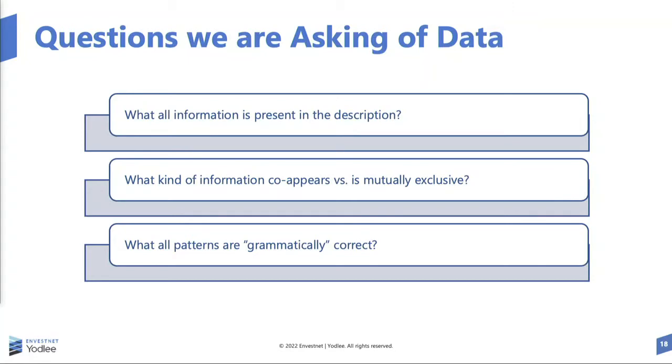The other part is you want to learn what kind of information can coexist or is mutually exclusive. Because that will help define what kind of models we build, because for each one of these entities I talk about, we have different models. So for example, if you have an online transaction, you will not have the merchant city and state populated, right? Or the other way around, right? Or if you are doing a transfer between your two accounts, there won't be any merchant in there, right? So there are classes of transactions where you can learn some elements which are mutually exclusive. Or if the transaction type is a physical store, you would expect to have the city and the state populated, right?